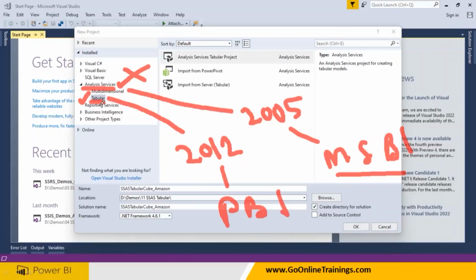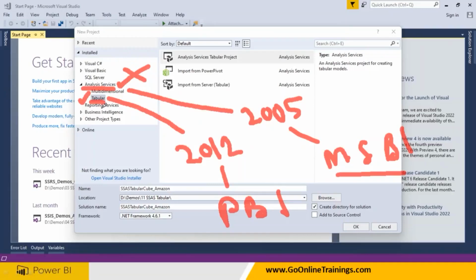Remember this point. People may ask me, sir, it is not working for me, it is not showing for me. You can create a project, but at the time of deployment it will fail. If you install multi-dimensional on your computer, you will not be able to work with tabular, and if you install tabular, you will not be able to work with multi-dimensional. So at the time of installation, make sure. I think many people would have installed tabular.